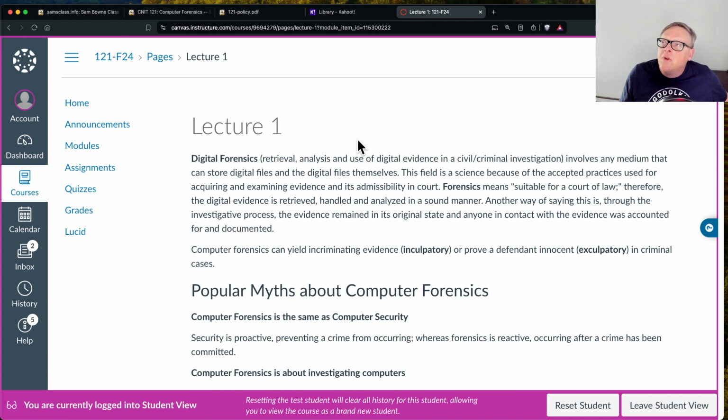There's a whole bunch of related professions in this. One is data retrieval, just from people who have broken computers and they want to recover data from it. And another one is e-discovery, which is also legal. E-discovery is when you get sued. For example,